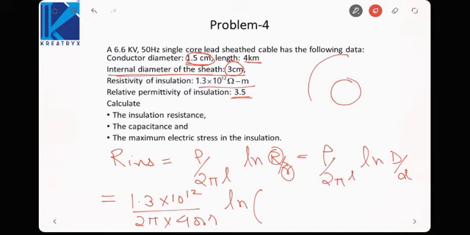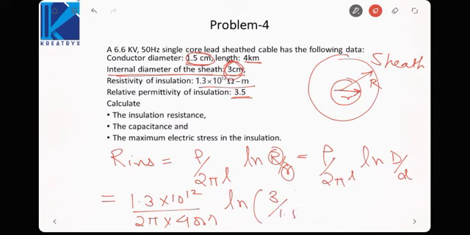So actually this is my conductor, this is your sheath. So internal diameter of sheath is actually the outer diameter, and the conductor diameter is the inner diameter. Okay, so sheath internal diameter will be the outer diameter for our formula,